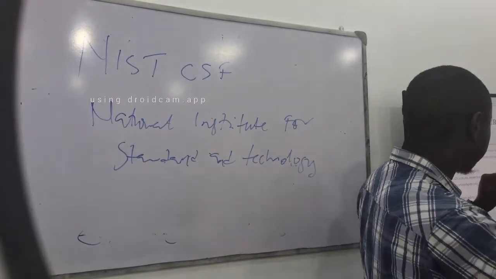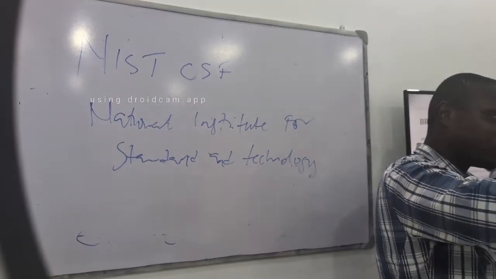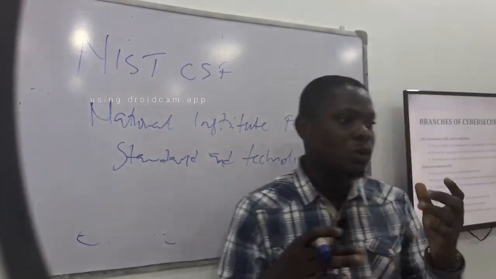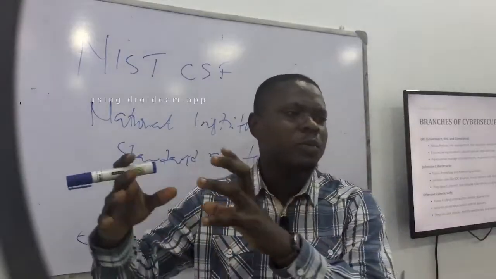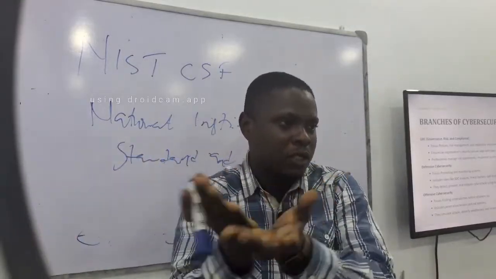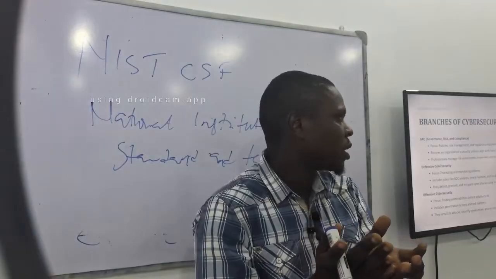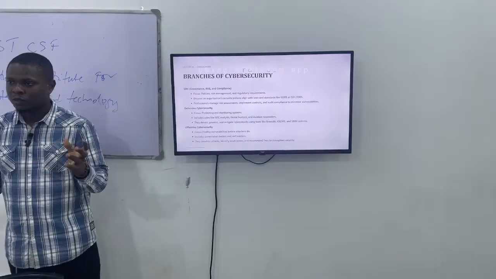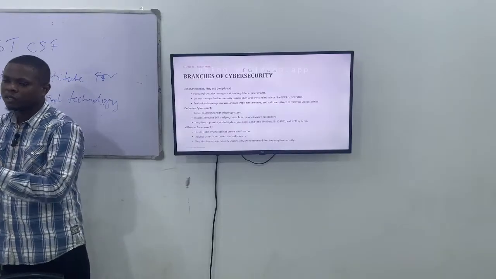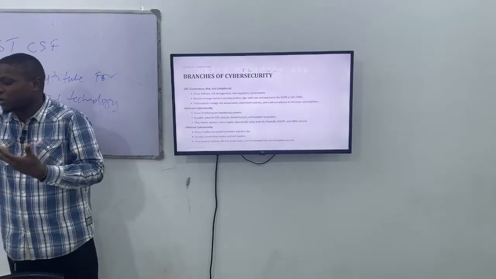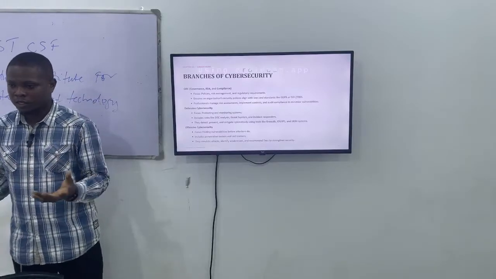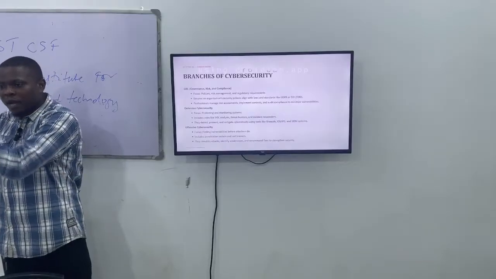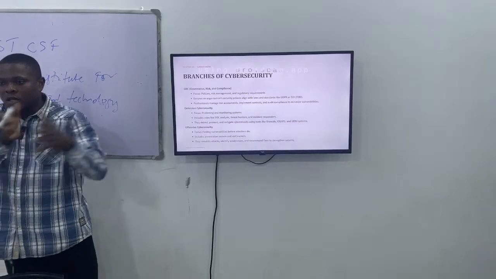The job roles are to check for risk, to carry out risk assessment, which is identifying risk and assessing risk to know its likelihood and impact, and setting up remediations and mitigations to fix those risks. Is it clear? Another job role is to implement security controls within an organization. Also, at the end of the day, carry out audits. The audits could be annual or quarterly, to see if the organization is actually adhering to and complying with those standards and policies that have been set up.